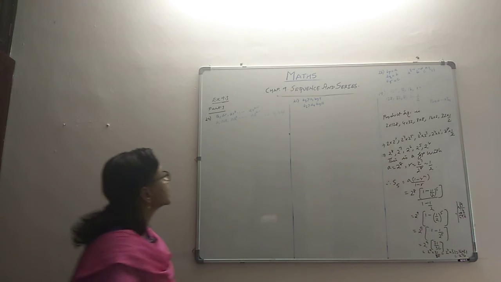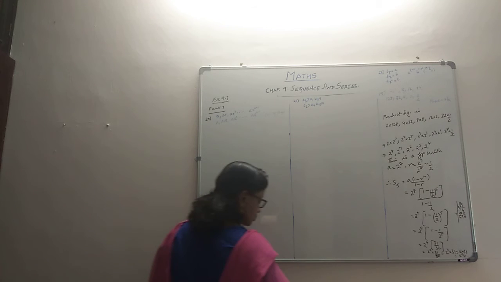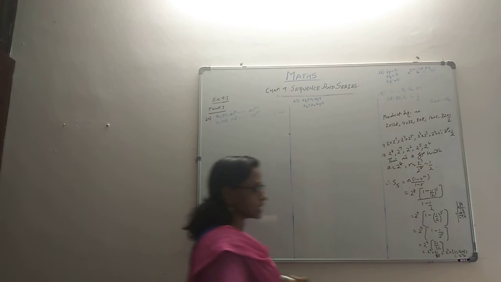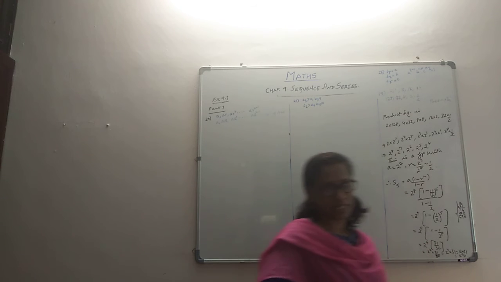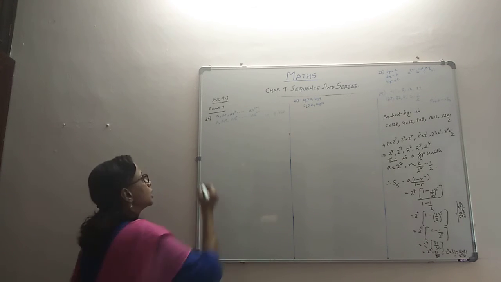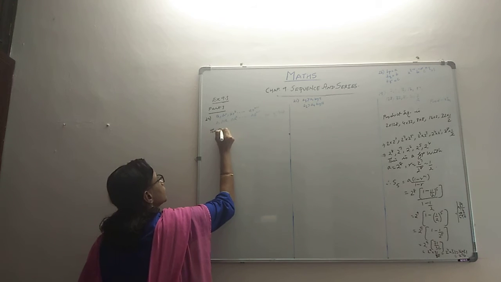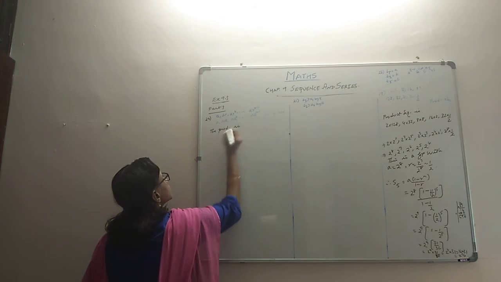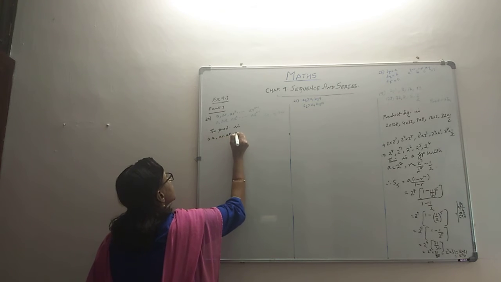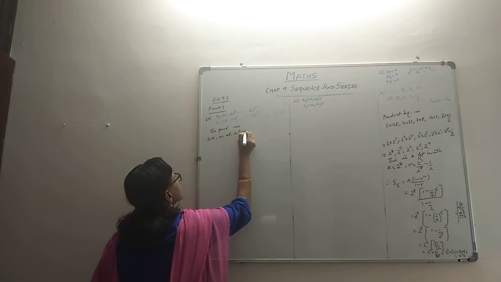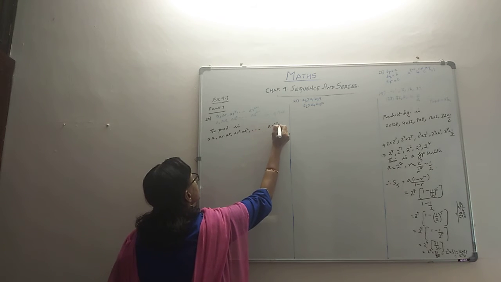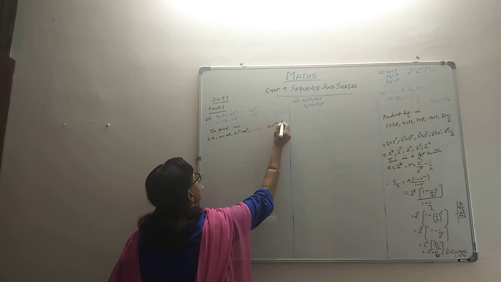Now we come to question number 20. Question number 20 is almost like this problem where they give us two geometric series and they ask us to multiply it, and after multiplying it they ask us to find the common ratio. So let's do it. The product is a into a, the first term, ar into ar, the next term, ar squared into ar squared is the next term, and so on. The last term is ar raised to n minus 1 into ar raised to n minus 1.